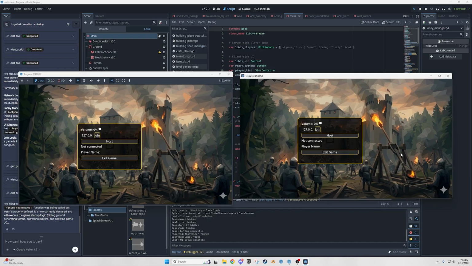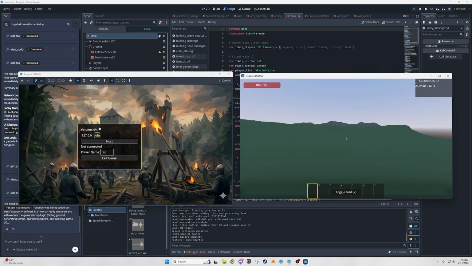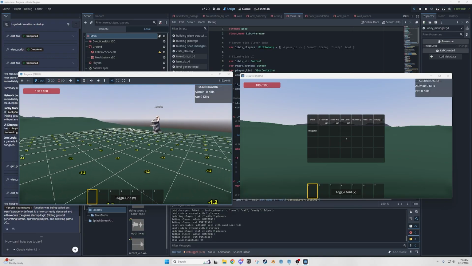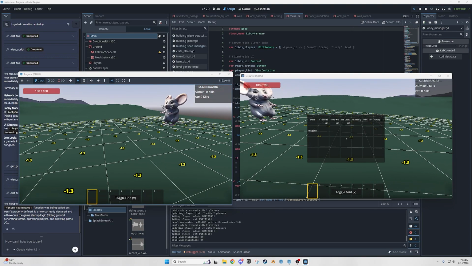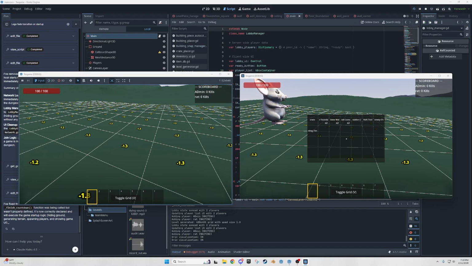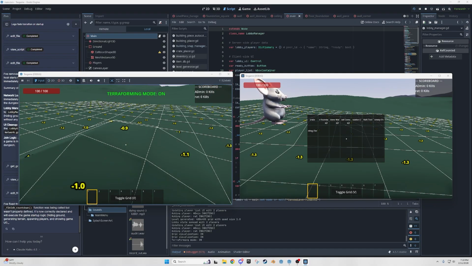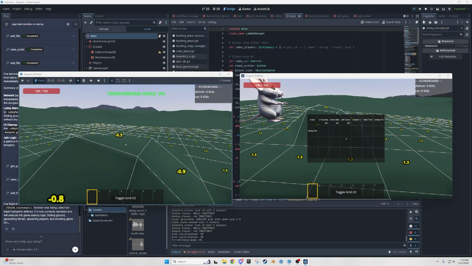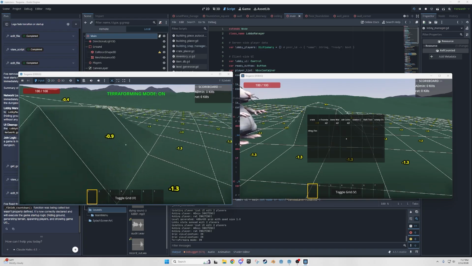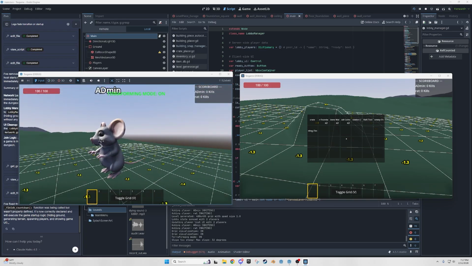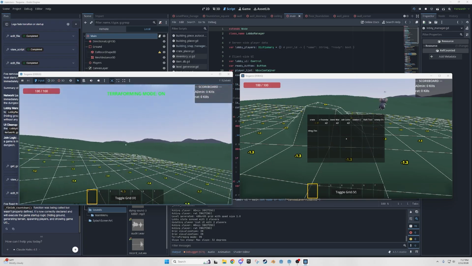So yeah, I would say the biggest thing with this is just to know what you want and ask for it. So know what you're asking for in terms of how you want the game to work. For example, when I first did the terraforming aspect on here, you're going to work through different iterations, but before, one player would terraform, the other player couldn't see it. So you just tell it, hey, I want both players to be on the same map. That's being adjusted, things like that. Just kind of know what you're asking for.